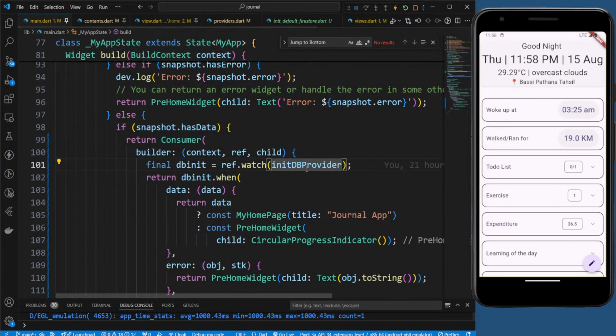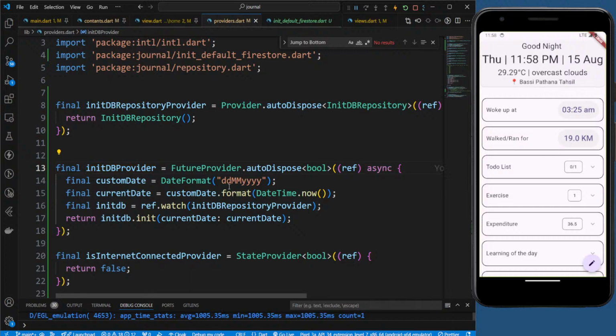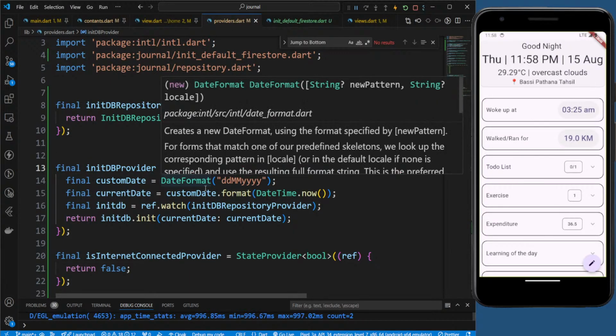I was talking about the init, this one, right? The init provider. If you go to init provider, you see this is an auto dispose feature provider, right? So,